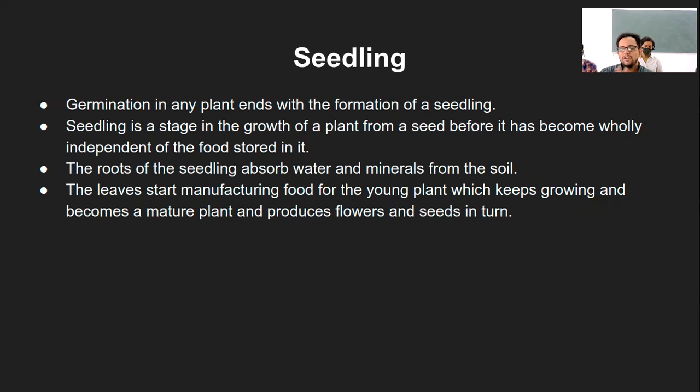Like we also have in humans stages of growth, like zygote, embryo, fetus, then baby, then teenage and adult, and so on, right? These are stages. Similarly, there are these stages in the plant as well. So after the seedling, obviously the roots would have formed, so they will start absorbing water and minerals, and the leaves will start manufacturing food through the process of photosynthesis. So that's it for this chapter.